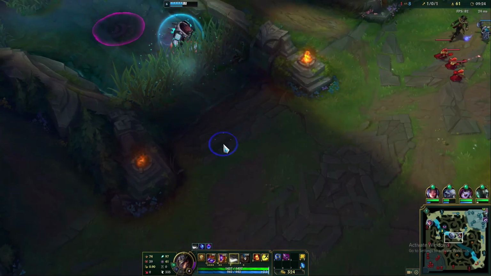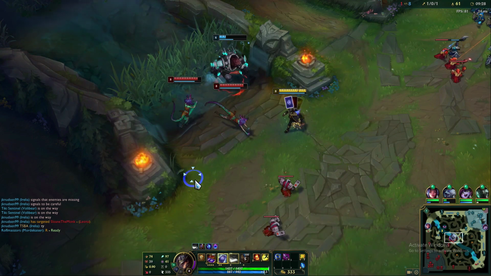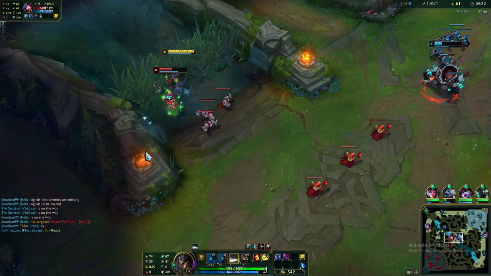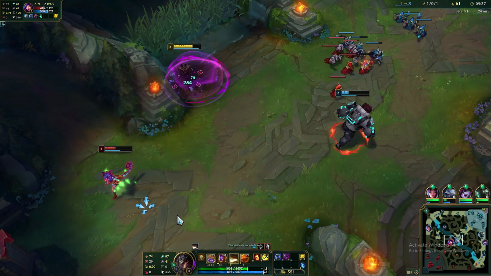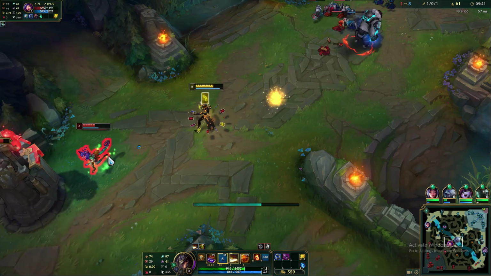Okay, so I can't ult to this because I still have 10 seconds, but I am going to run straight over here and snag that Q. We're going to follow her up here. She doesn't flash, we might be able to kill her. She caught us with that stun there. I do have a flash ignite, so if she gets cheeky here...